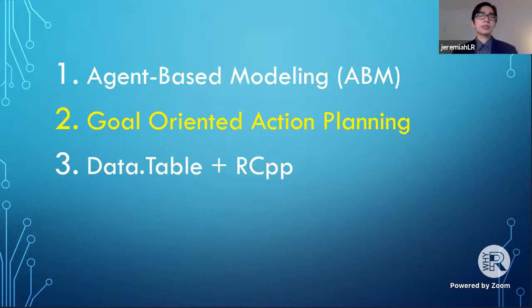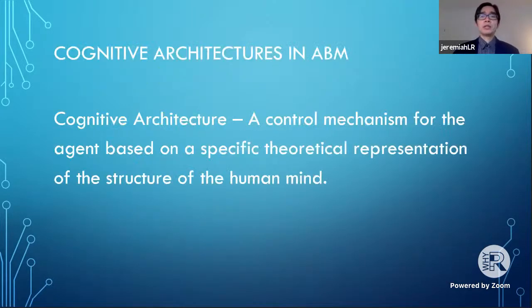However, for my purposes, these packages were not enough because I'm looking into a particular AI called goal-oriented action planning. Now, in Schelling's model, the agents were guided by a very, very simple rule.